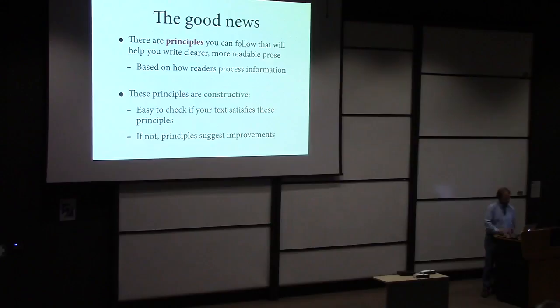And instead, I'm going to try to teach you about some principles that I've found very useful in my own work that are constructive, which means that it's easy to check if your text satisfies these principles. And if it doesn't, then the principles will suggest ways of improving the text. It doesn't mean that this is a recipe for becoming a good writer. There's still a huge amount of work and practice, and it takes people years to really become good writers, but at least this gives you a way forward, a way of constructively improving your text. So that's what I'm going to talk about